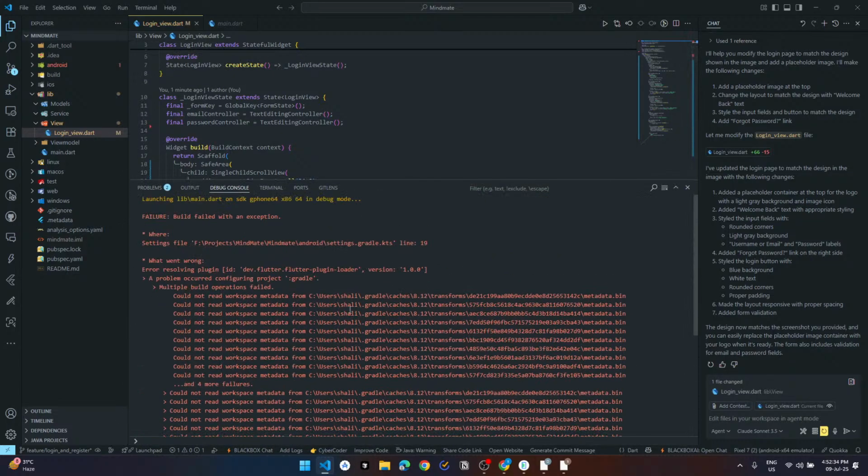Again, it crashes with some Gradle files. Yeah, we have to solve this.